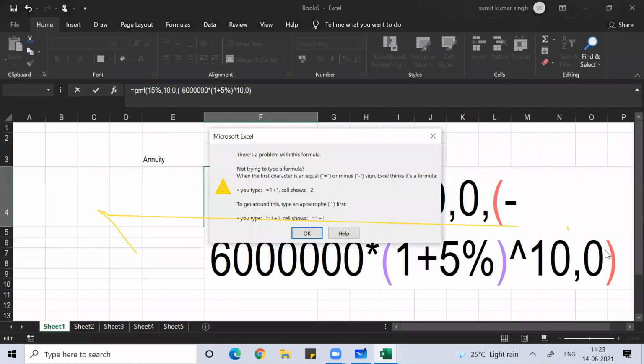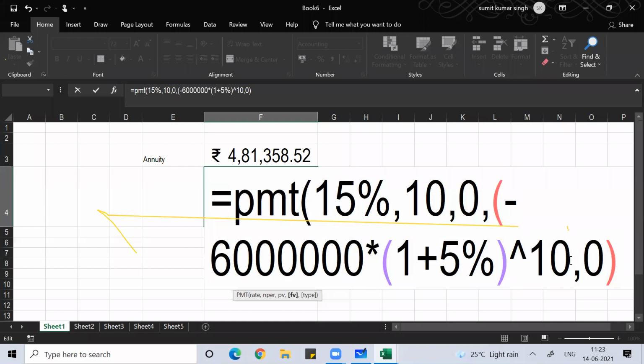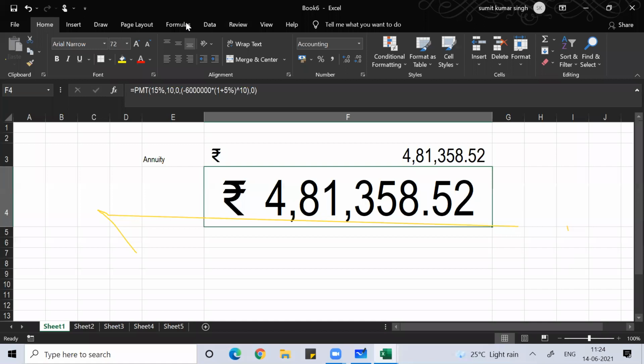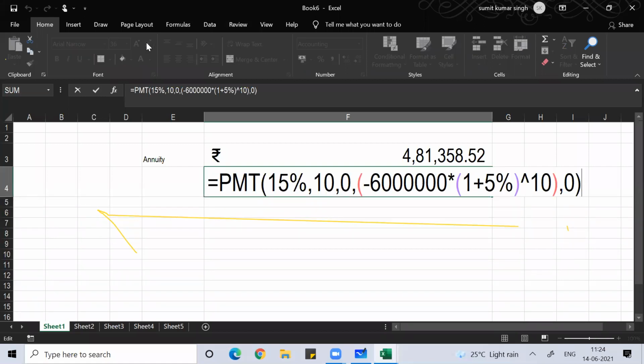Close that bracket. So you don't have to do that much rigorous calculation. You can do the same thing with a very simple formula. Clear, everyone? Anyone, any doubt?